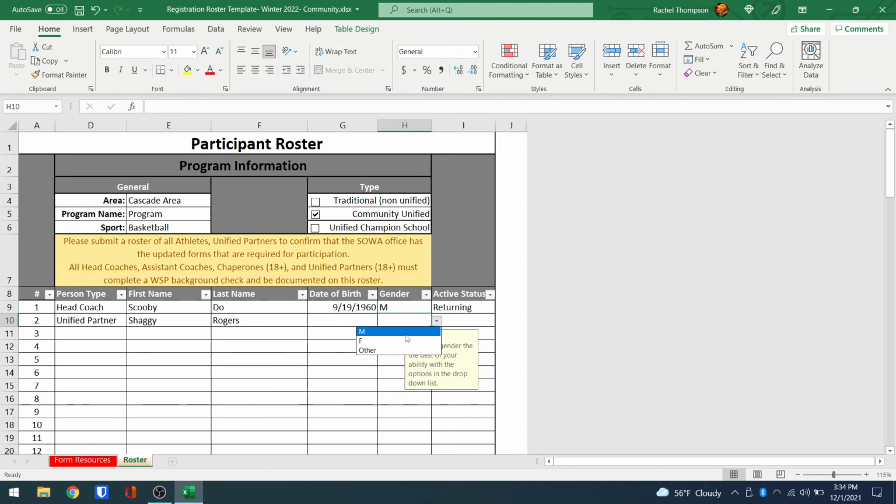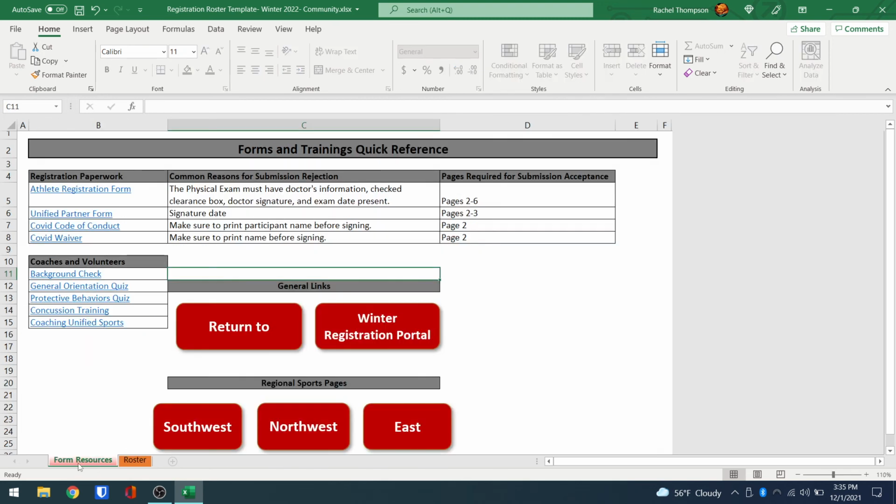I'm going to select the rest of these, and then so on and so forth. So we're going to be able to enter the name of all of our participants in here, and then we're going to save this. And we're going to go ahead and be able to click back to our form resources, and then we're going to click on the winter registration portal,